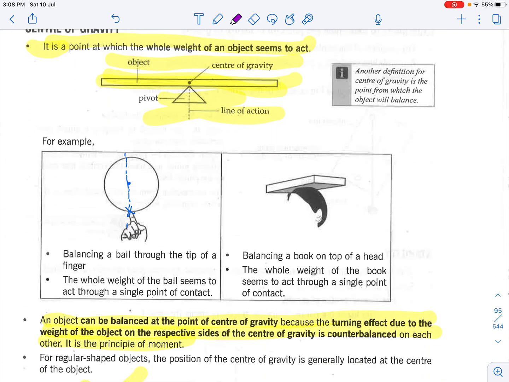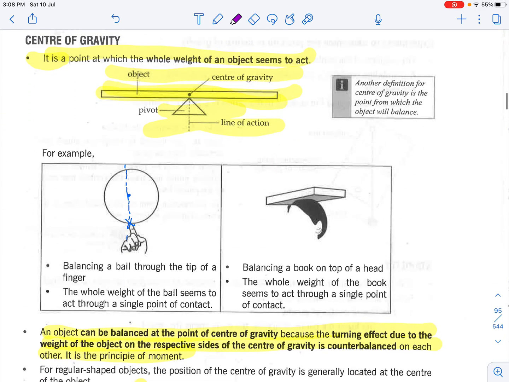Next, we look at center of gravity. The center of gravity is the point at which the whole weight of an object seems to act. In this case, what we can see is that the center of gravity tends to be quite easily identified in a regular object. However, if there's an irregular object, then you will need to know the steps to go about calculating the center